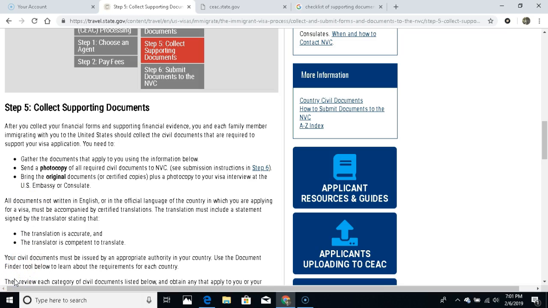I'm going to mention some of the supporting civil documents: a photocopy of the unexpired passport, birth certificates with translations. Everything that is not in English needs to have a translation. Okay? Adoption document, marriage certificate with translation, marriage termination with translation, court records with translation, military records with translation,